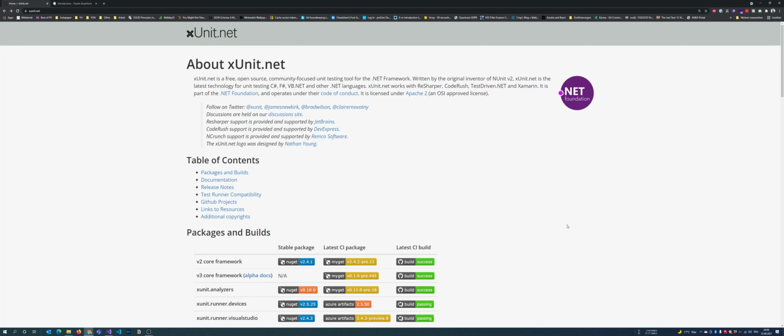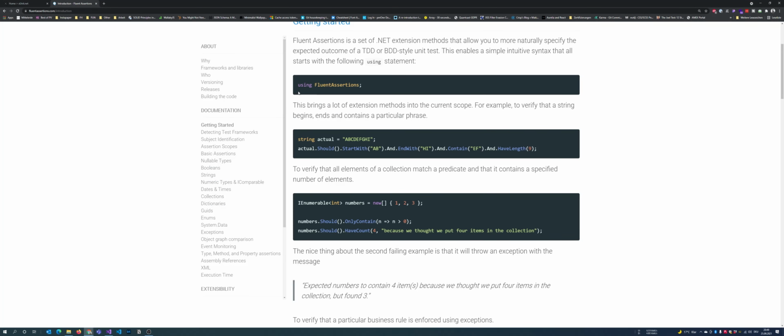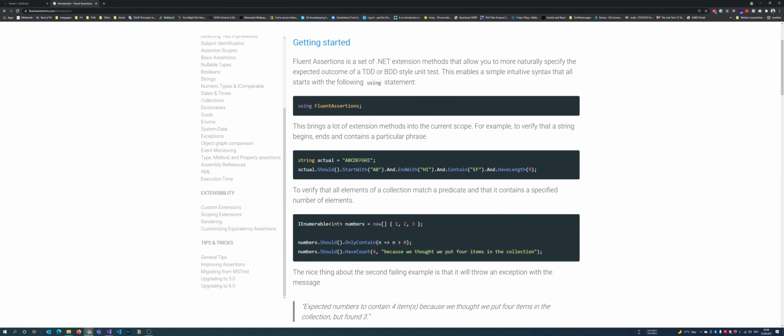We're going to use xUnit because that's my unit testing framework of choice, but you can use NUnit, you can use MS Test, it doesn't really matter. And we are also using FluentAssertions. With FluentAssertions, you can write your assertions in a fluent way, like the name suggests, so you can easily swap